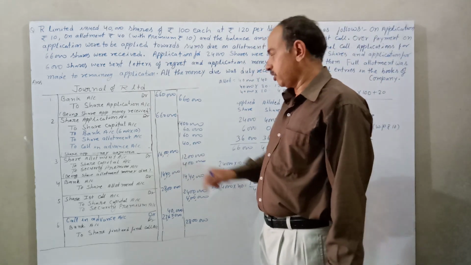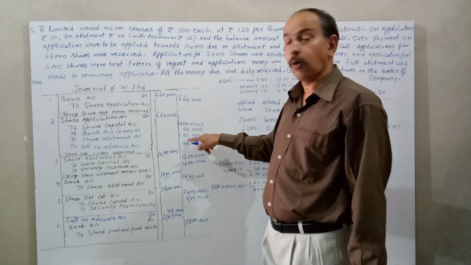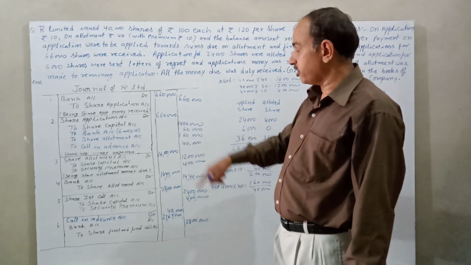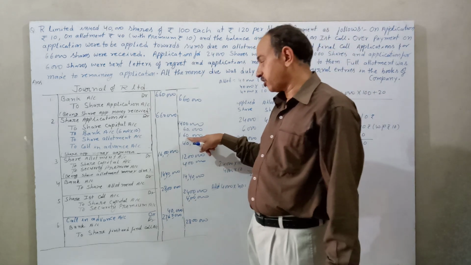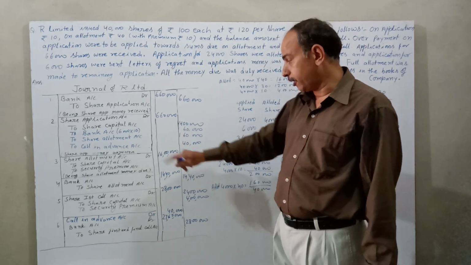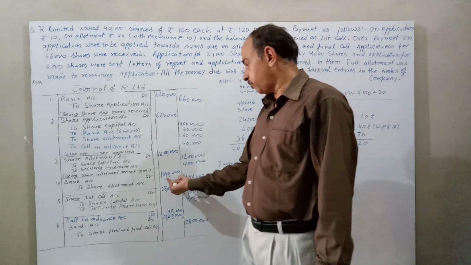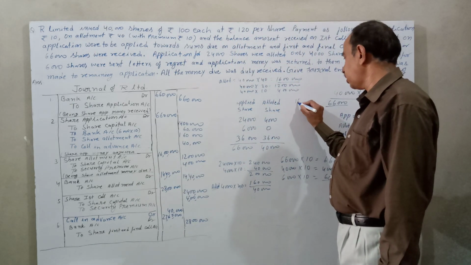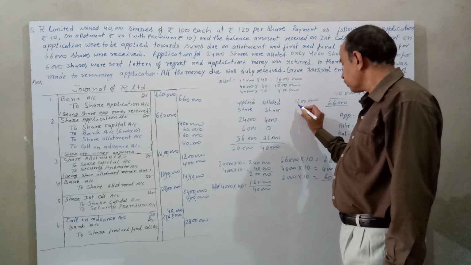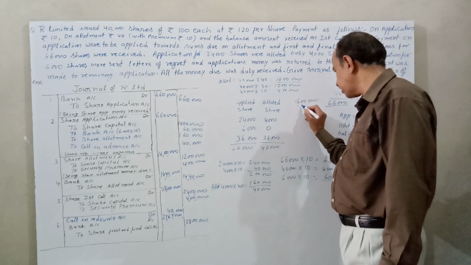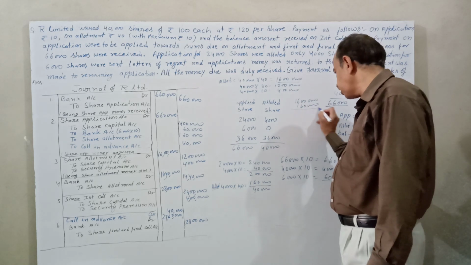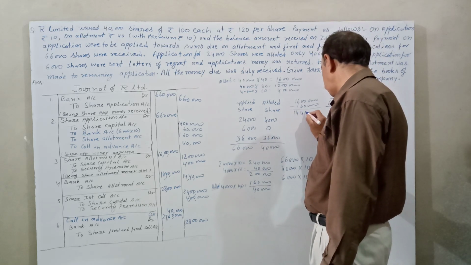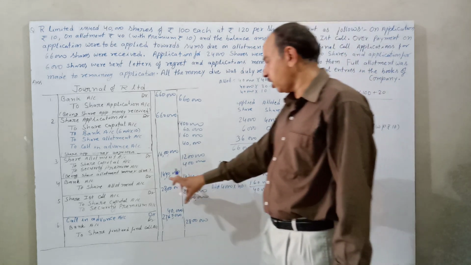Out of 16 lakh, the company received in advance 1,60,000 of allotment money. So the shareholders do not pay the 1,60,000 out of 16 lakh. So the company received 14 lakh 40,000. Out of 16 lakh, 1,60,000 is subtracted, which is the advance received by the company, and the remaining amount 14 lakh 40,000 is received on allotment.